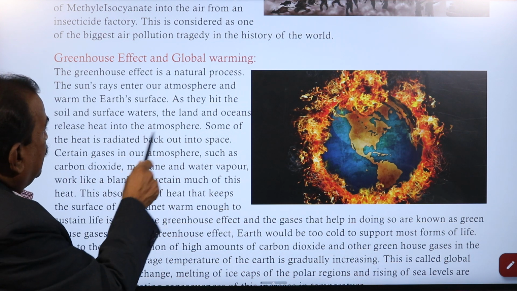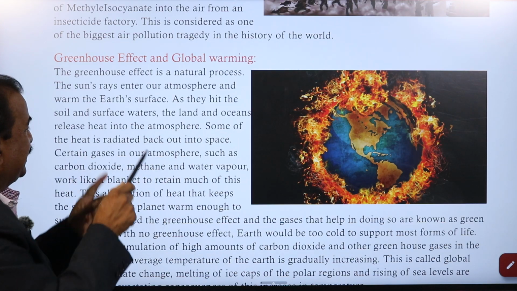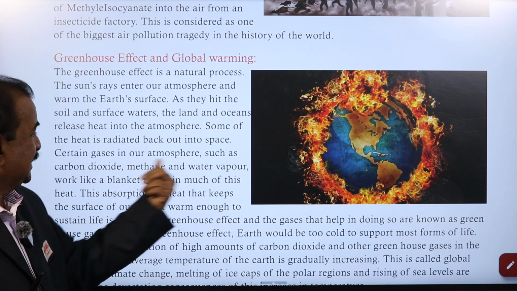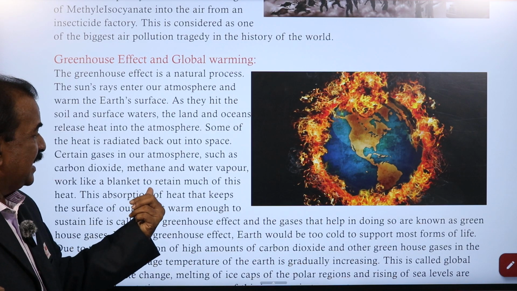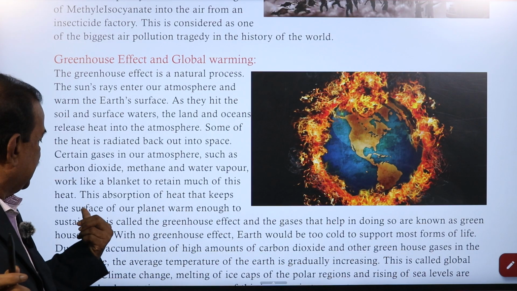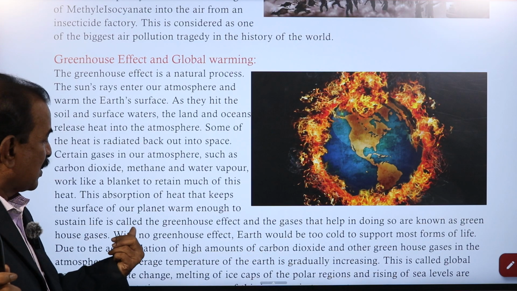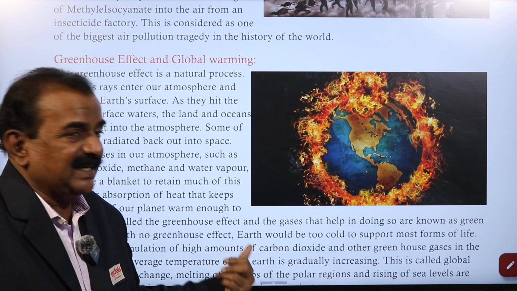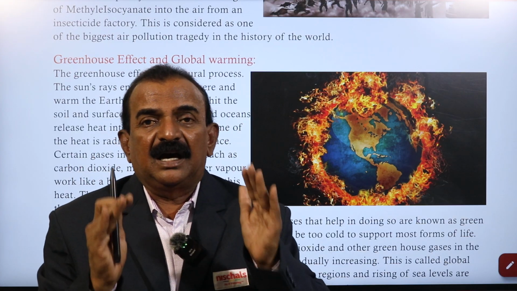The land and oceans release heat into the atmosphere. Some of the heat is radiated back into space. Certain gases in our atmosphere, such as carbon dioxide, methane and water vapor, work like a blanket to retain much of this heat. This absorption of heat keeps the surface of the planet warm enough to sustain life, and is called the greenhouse effect, and these greenhouse gases are helpful in keeping the earth always in